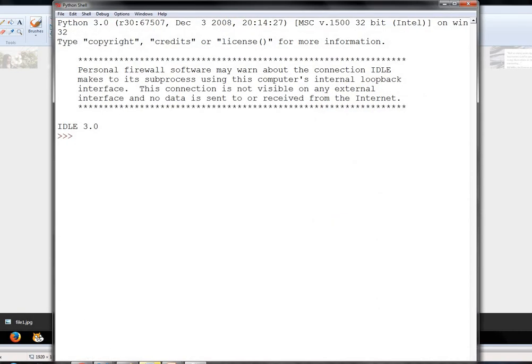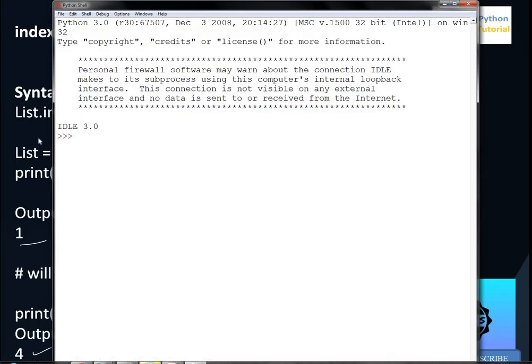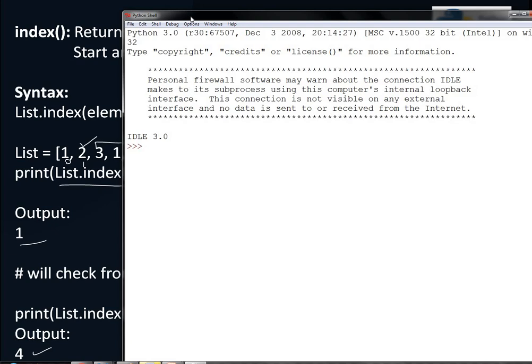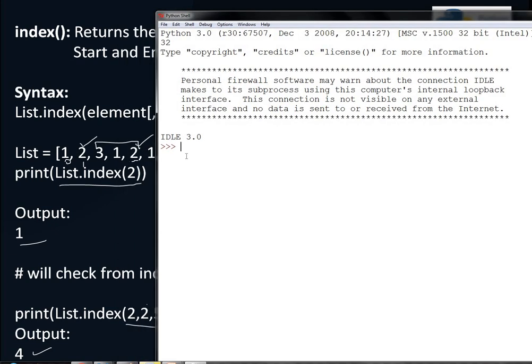So this is Python shell, and the first command, okay, we'll check for the index. So this is list L1 is equal to 1, 2, 3, 4 and 5. These are the 5 elements in our list and we want to check the index of 2.